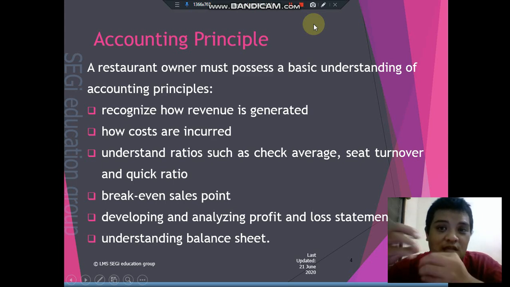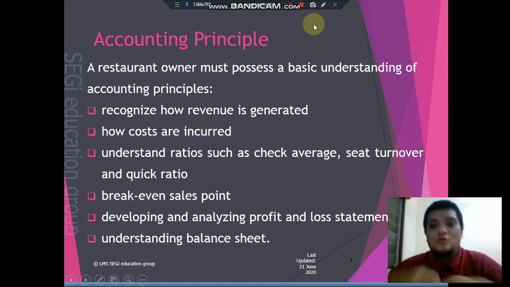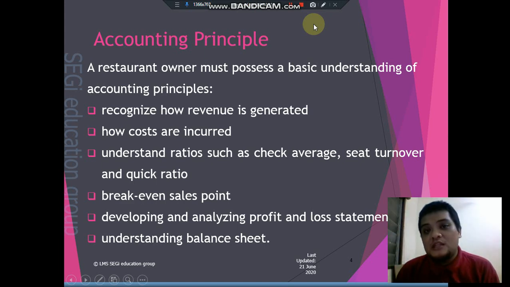It is very dangerous if we don't have enough quick asset. Quick asset means asset that can be turned into cash very fast, because when you don't have cash, you cannot pay salary, you cannot pay loans, you cannot pay debts, you cannot pay your utilities, you cannot purchase goods. So it is important that you have enough cash and enough quick asset. Remember, quick asset is the assets that can be turned into cash very quickly.